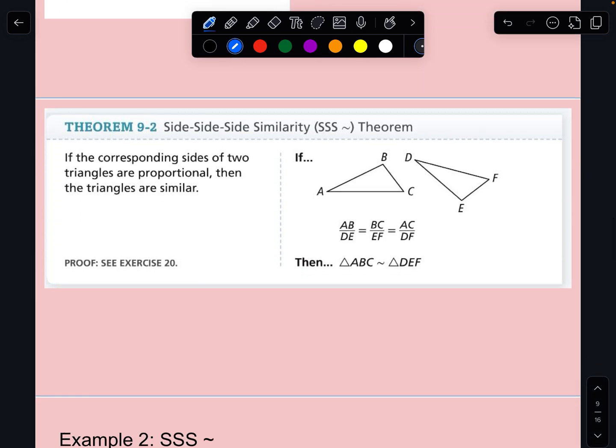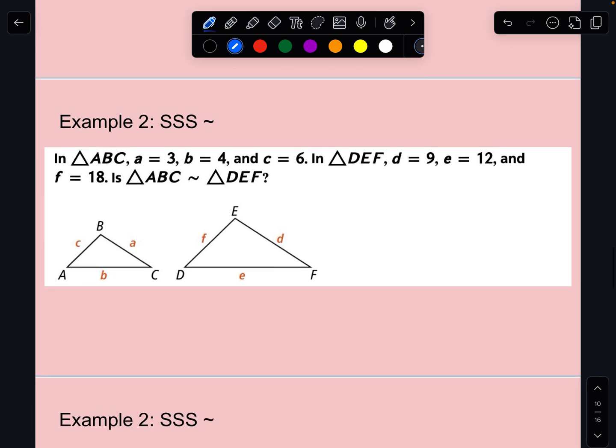This is the side similarity theorem. If the corresponding sides of two triangles are proportional, then the triangles are similar. So if we divide corresponding sides and get the same thing every time, we can say that the triangles are similar. So if we look here, A is 3, B is 4, C is 6, D is 9, E is 12, F is 18. If we look at our corresponding sides here,